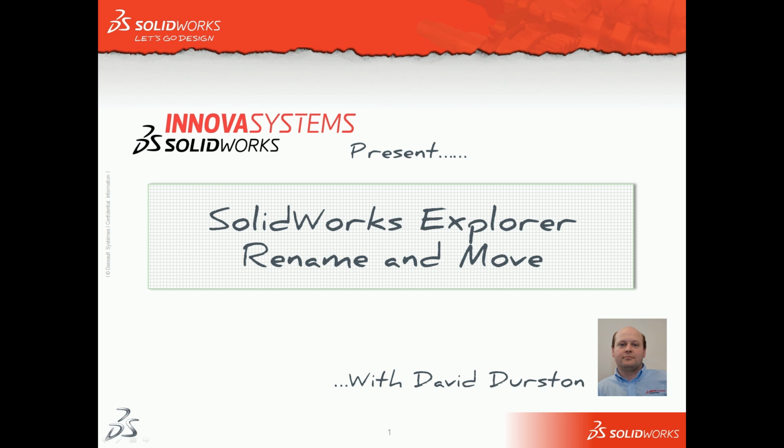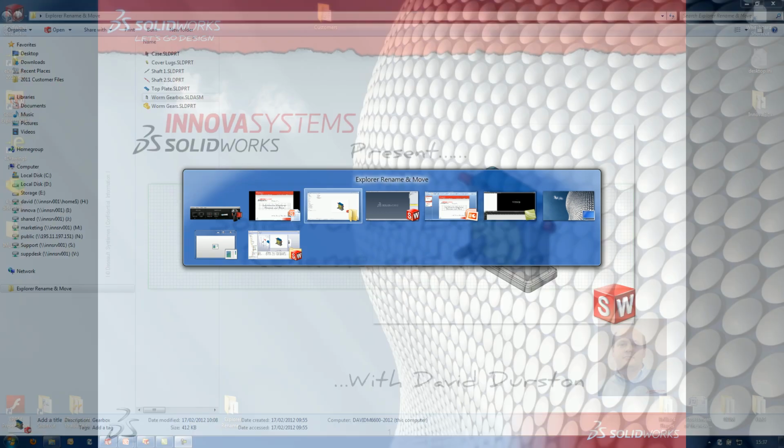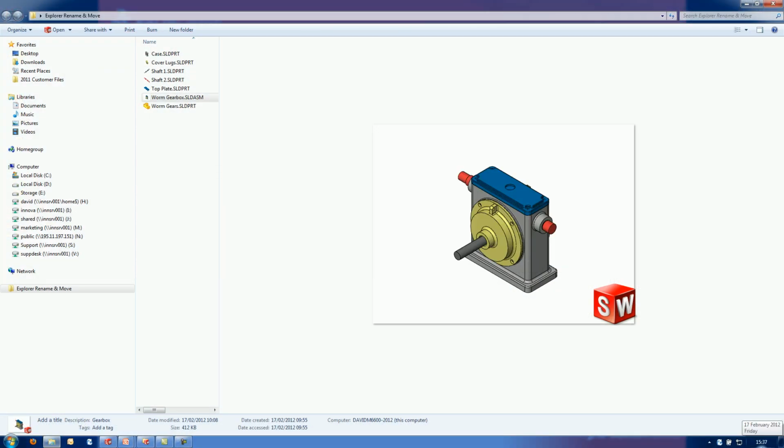Welcome to SolidWorks Explorer, Rename and Move. Now, this is a snippet to explain some functionality that's found in SolidWorks Explorer which enables you to rename and